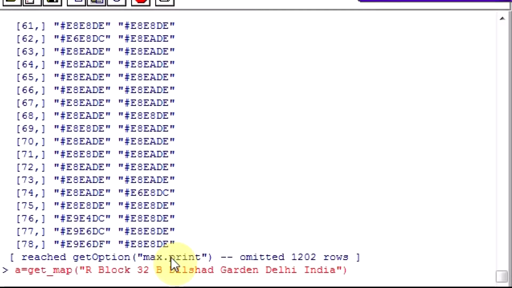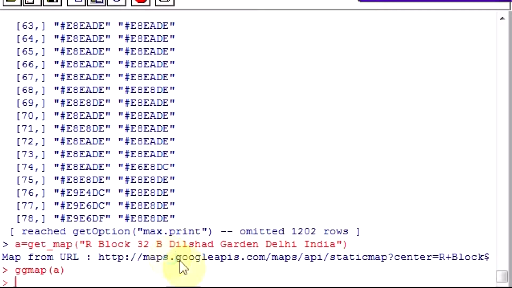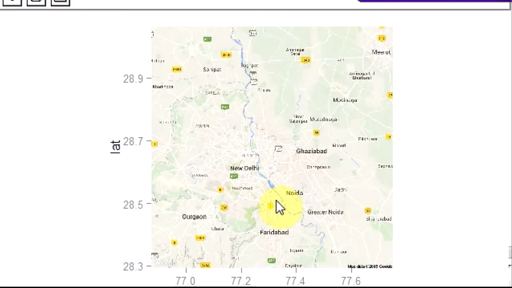Get map, then I'll say ggmap. So this will give me the long lat.